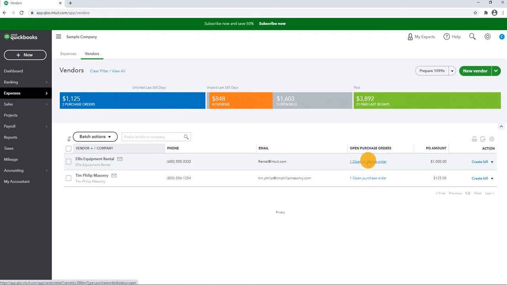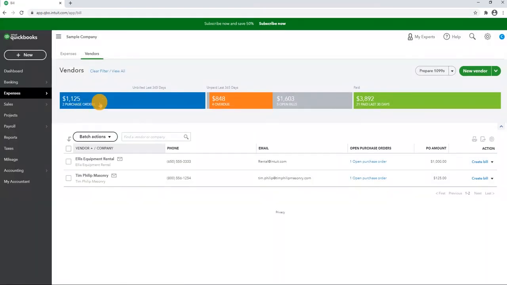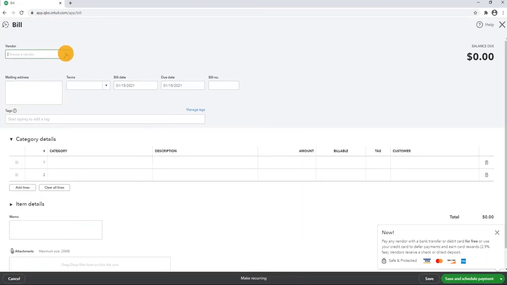So again, we have 2 places to create a bill. Look at this. We have the right options to create a bill, which is pretty easy, or we can create a bill from these new buttons. We're going to create a bill from the vendors. Either one will be fine. So if we do this from the vendor list, from the vendors here, I'm going to create a bill,